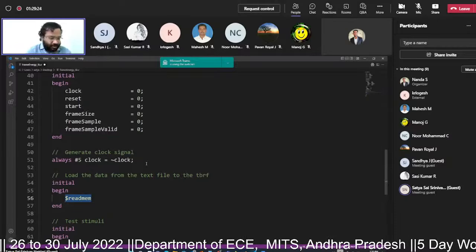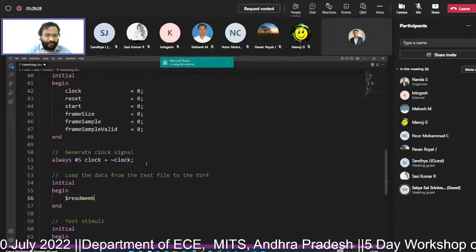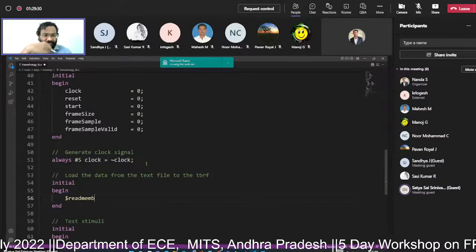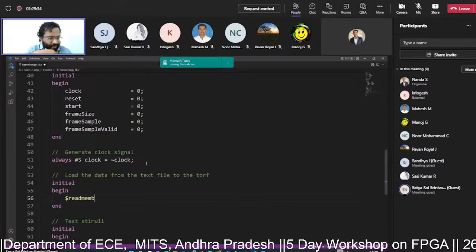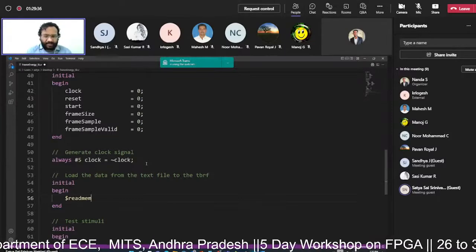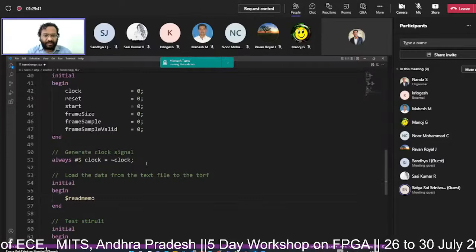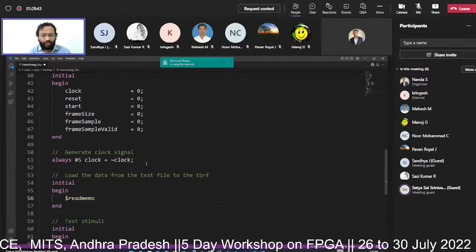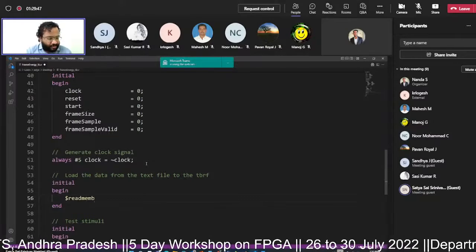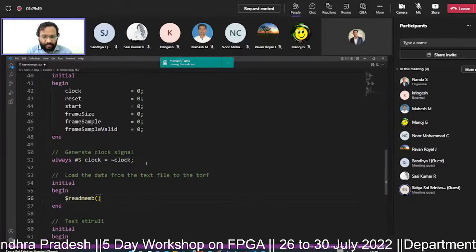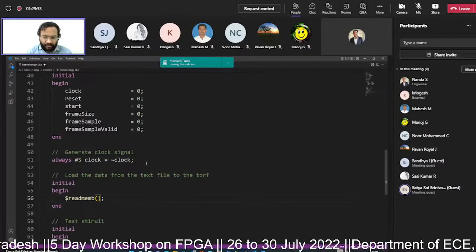In our case it is binary data, so we have to use the function called $readmemb. If it is hexadecimal, it is $readmemh. If it is octal, it is $readmemo. So we will use $readmemb, and in the parentheses we have to